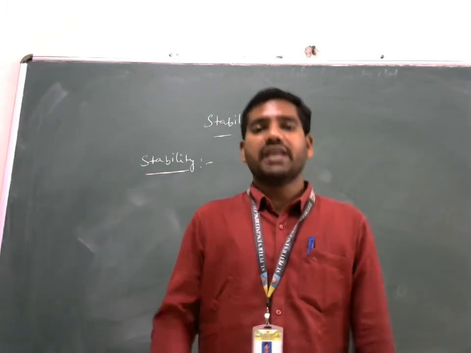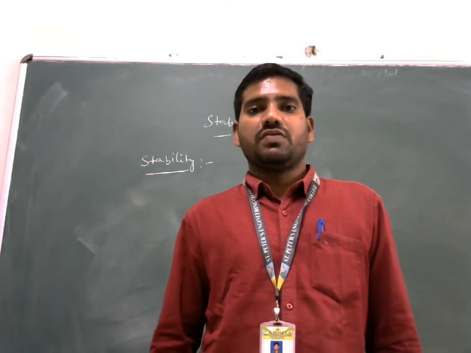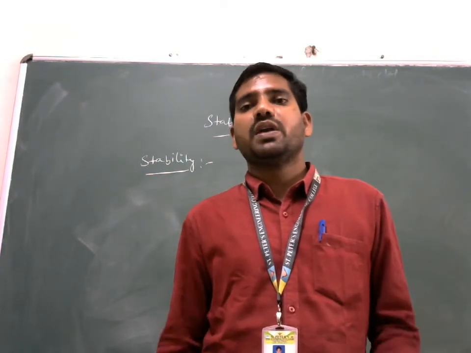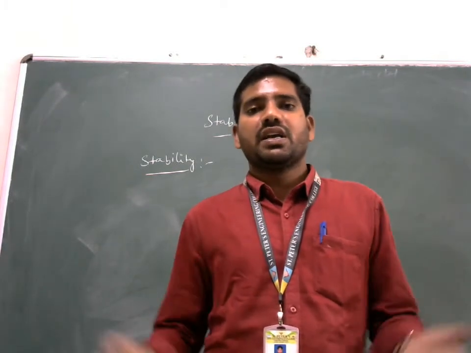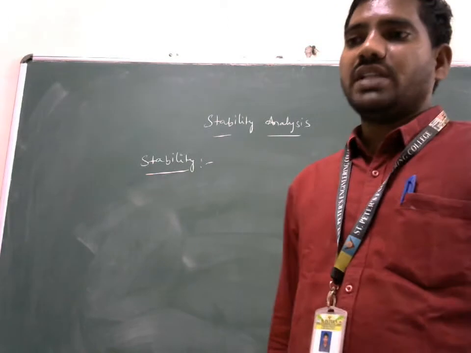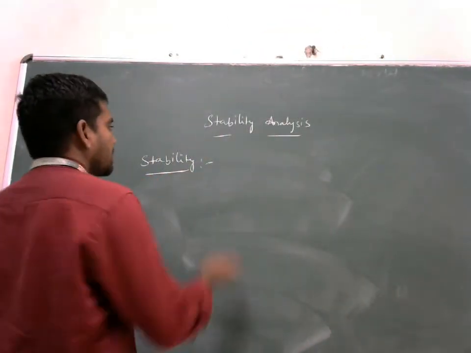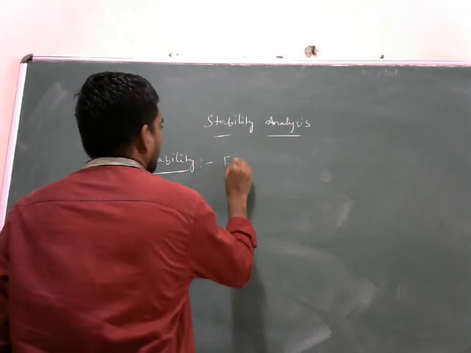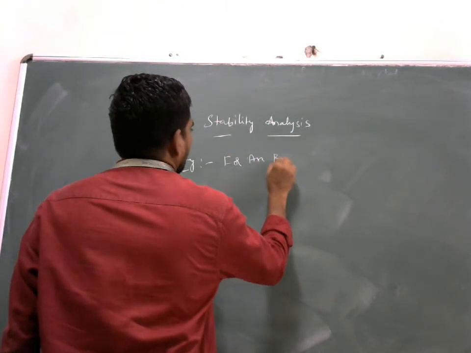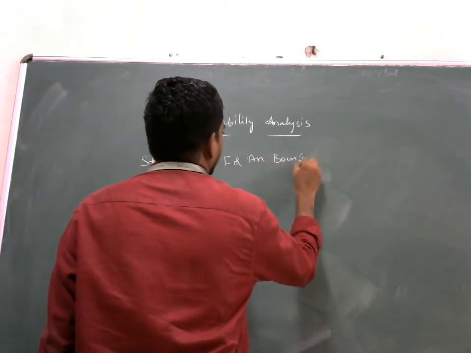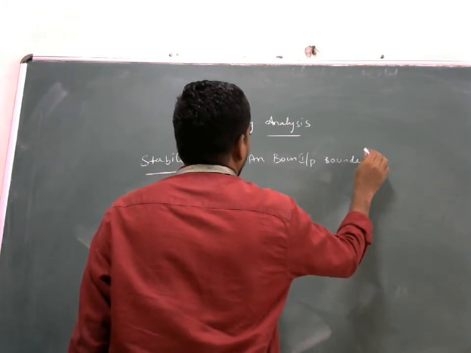Similarly, you are going on a bike. You are going on a bike with 100. Okay, you can. If you go for 120, 140, you are going to make it unstable. Why? Because if suddenly you apply a brake, then automatically you are going to face problems. To find this stability, it is nothing but that for a bounded input, the output must be bounded.